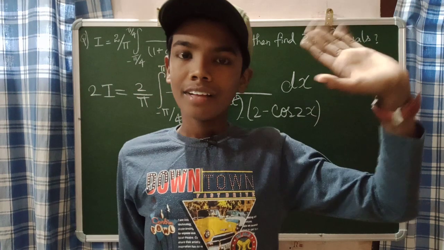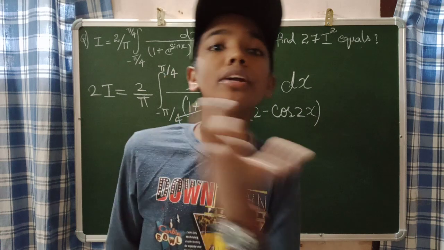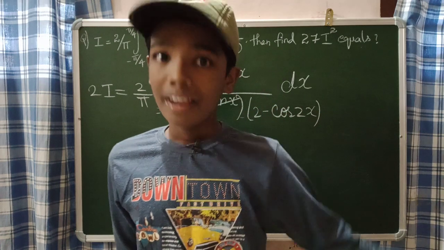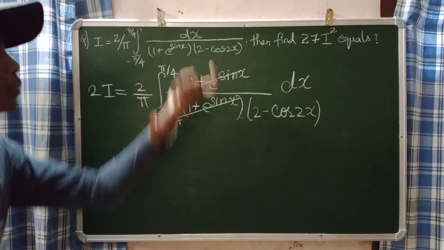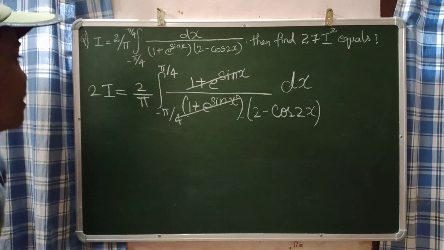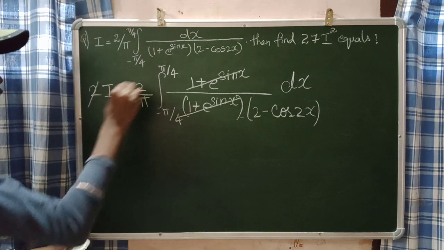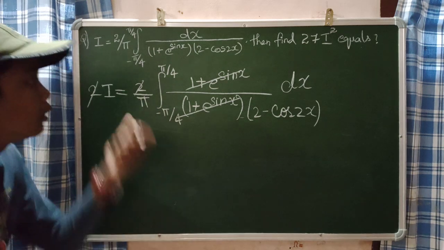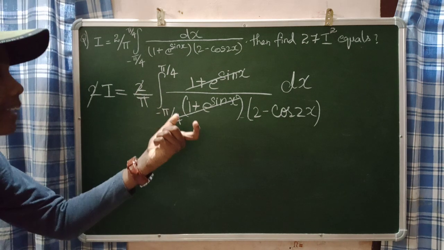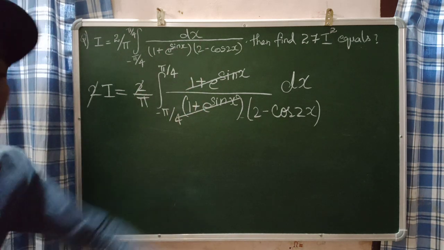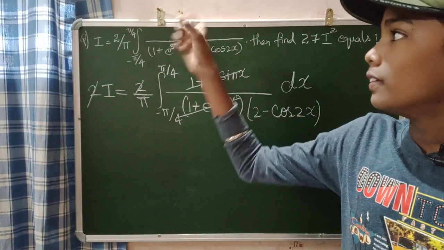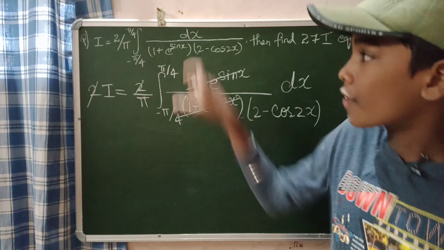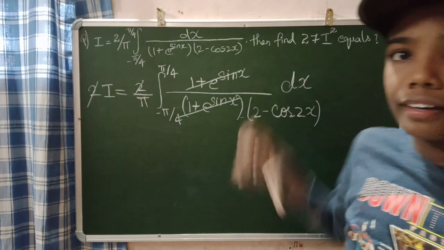And adding these two integrals, I told you, guys, if you want to make it easier, add these two integrals, and that is what is happening here. So when I add these two integrals, these two terms will be cancelled, and these two also will get cancelled, correct? 2 by pi means this two will get cancelled, and you will be left with the compressed form of integral from this big form of integral.